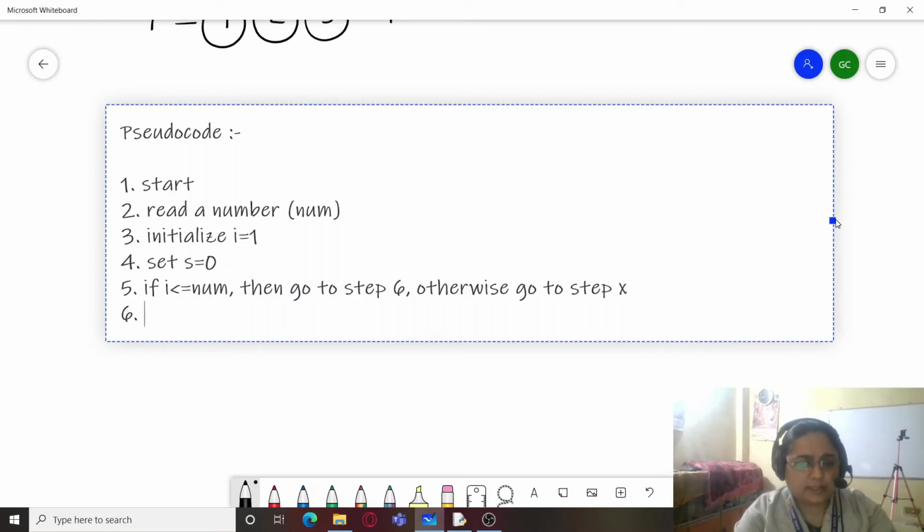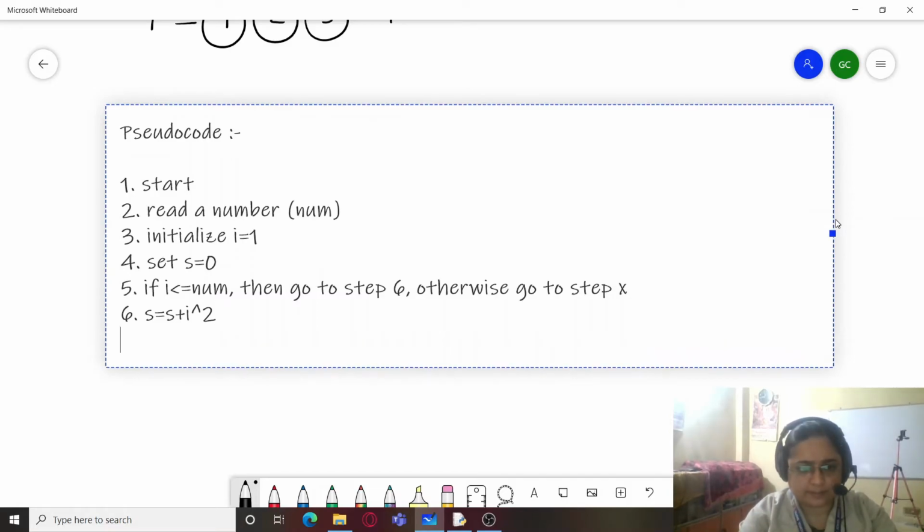So now next is 6. That is, what should we do with 6? So 6 will be s equals s plus square of I. So that means I'll be simply writing here I raised to the power 2, which represents I square. So s, what will we be adding in s? We will be adding the square of I into s.